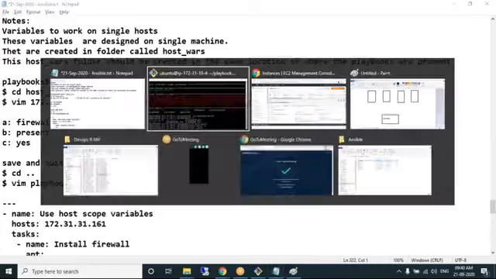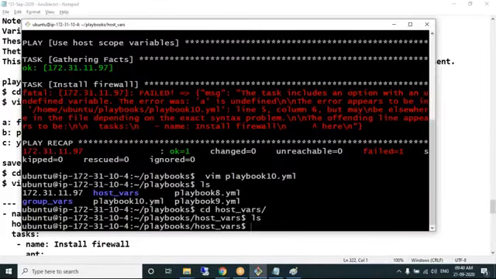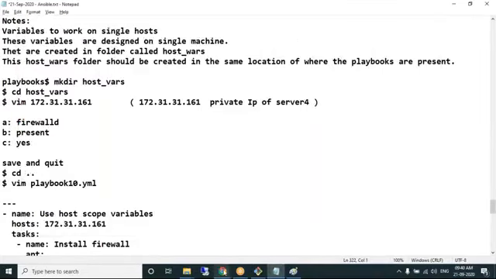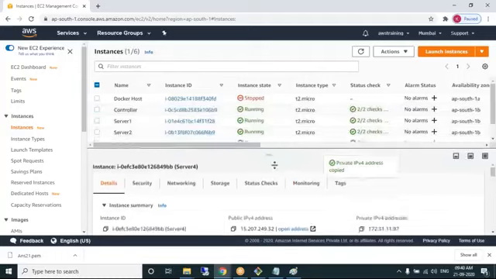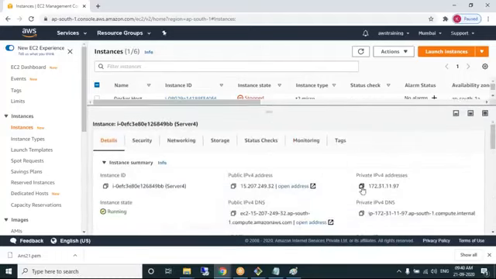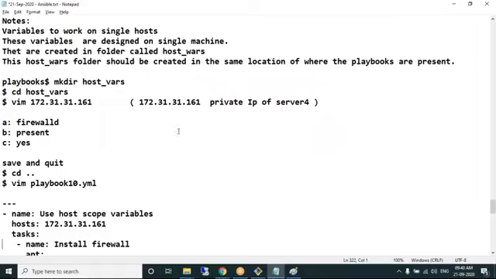What is our private IP address of machine 4? Ending with 97. So this is a file which I want to create.